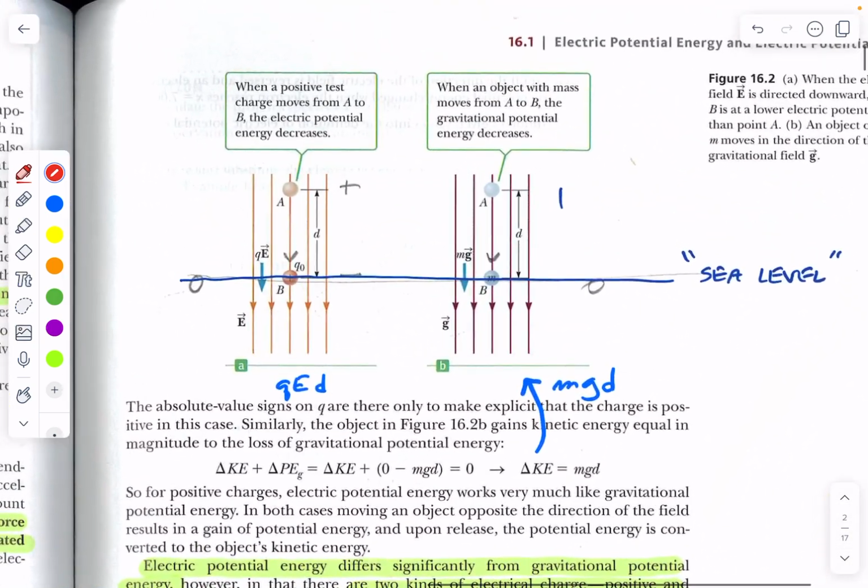And so here's a picture that shows a comparison between the gravitational field and the electrical field. Imagine that I've drawn here a line that I'm going to call sea level. I have an object up here that is above sea level. It has a certain amount of potential energy relative to sea level. If it is below sea level, we'd have to do work on it to get it back up to sea